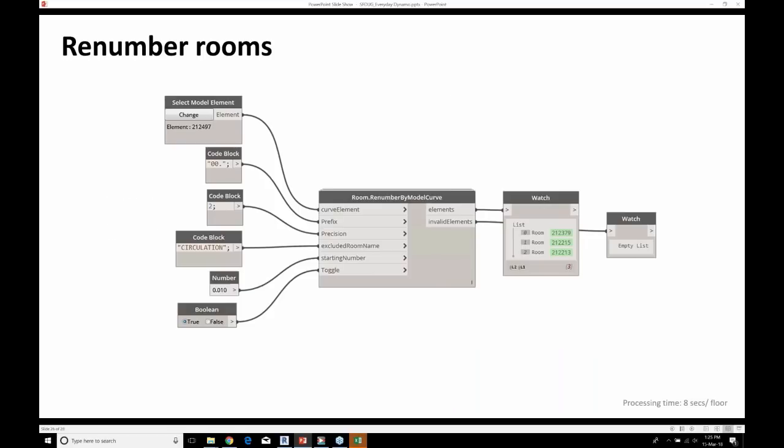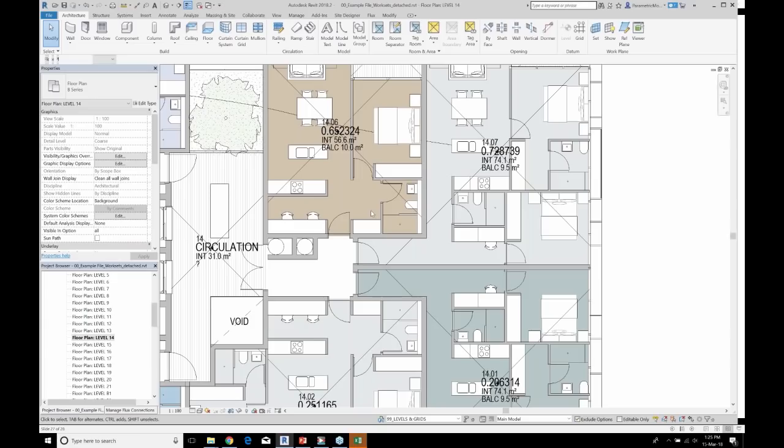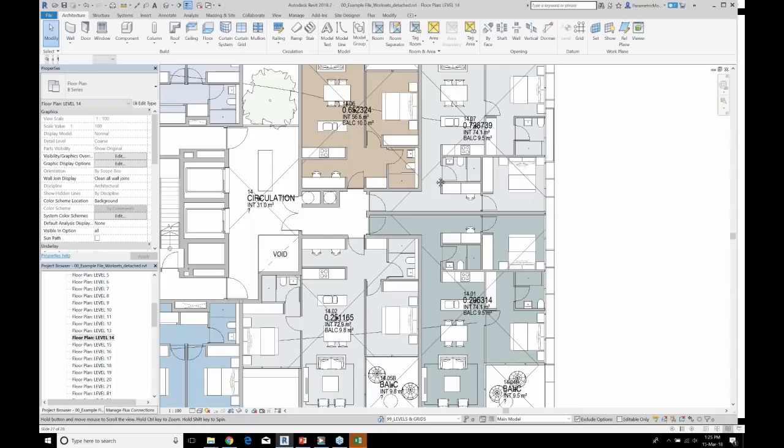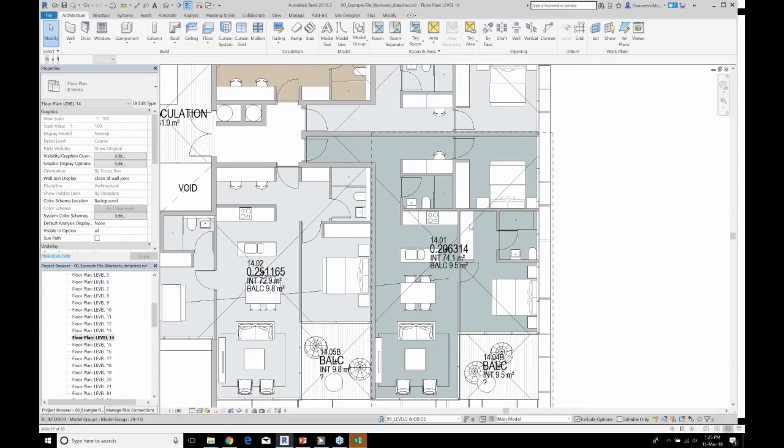So the final one is renaming rooms by model group. If we have a look at the model here, there seems to be a bit of an eternal problem, particularly around residential buildings.